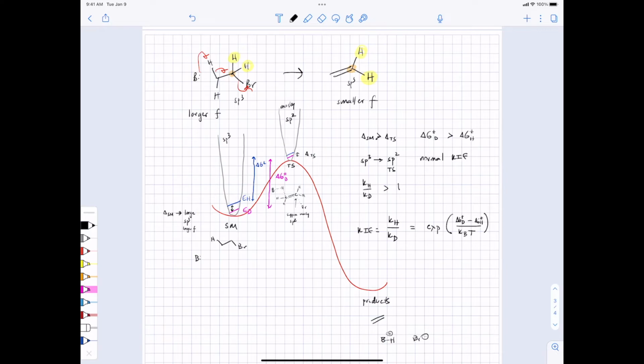The Hammond postulate works one direction, but not the other. It says if the transition state and the products are close in energy, then necessarily their structures must be similar. But it doesn't necessarily follow that if the product and the transition state are structurally similar, that therefore their energies must be. Because there are lots of ways to be